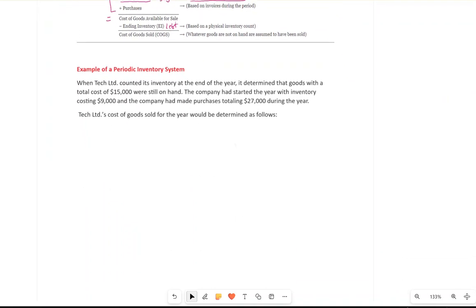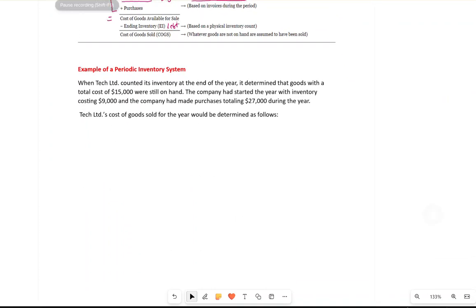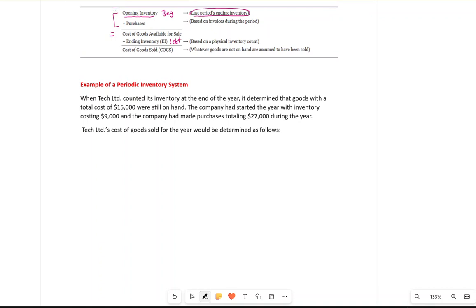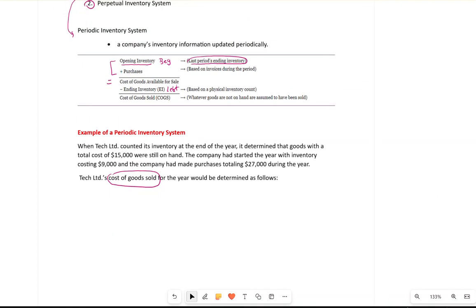Now we're going to do the first example, and from this example we're calculating the cost of goods sold for the company. You may have seen it before, or if you haven't, we're going to show you how to calculate the cost of goods sold when the company uses a periodic inventory system, which is your first inventory system. Tech Limited counted its inventory at the end of the year and determined that